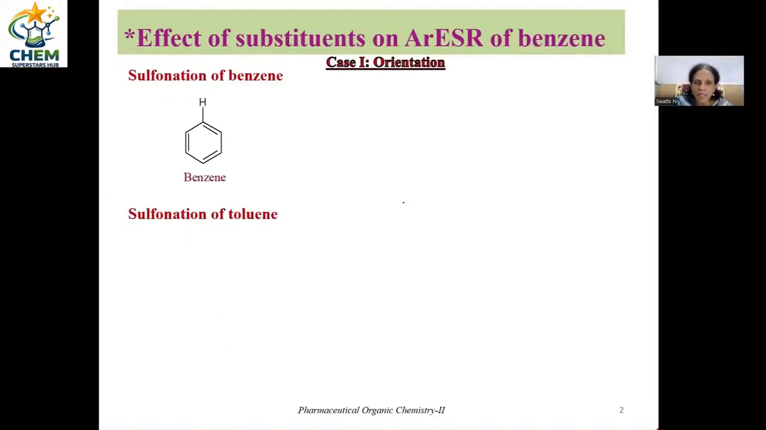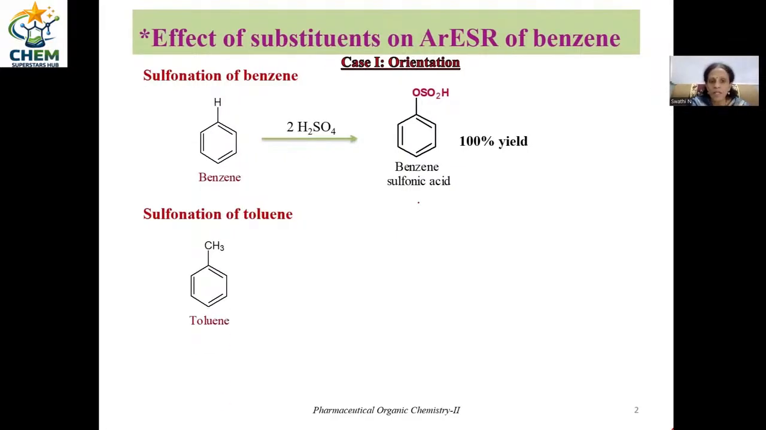You are well aware that whenever benzene is subjected to sulfonation by treating with 2 moles of concentrated sulfuric acid, it forms benzene sulfonic acid in 100% yield. Now, when the same sulfonation reaction is performed for toluene, here toluene is a monosubstituted benzene. So when it is treated with 2 moles of sulfuric acid, the incoming sulfur trioxide electrophile, now it has got